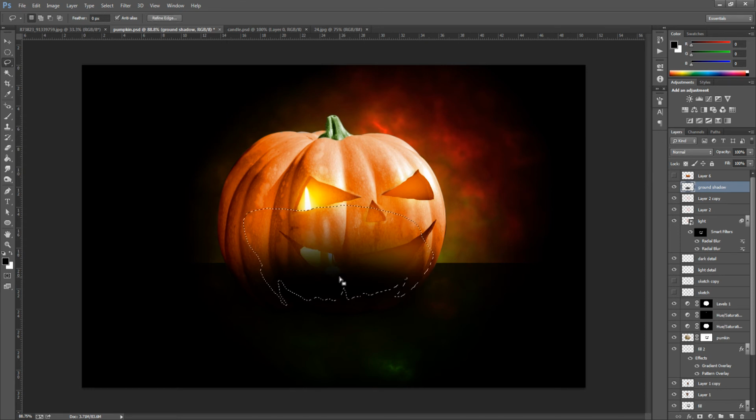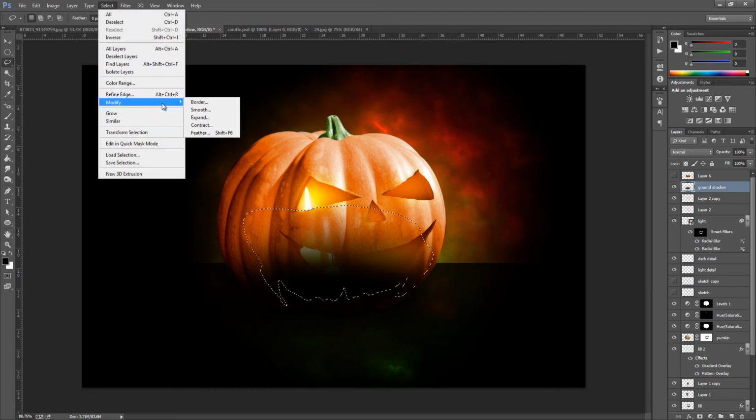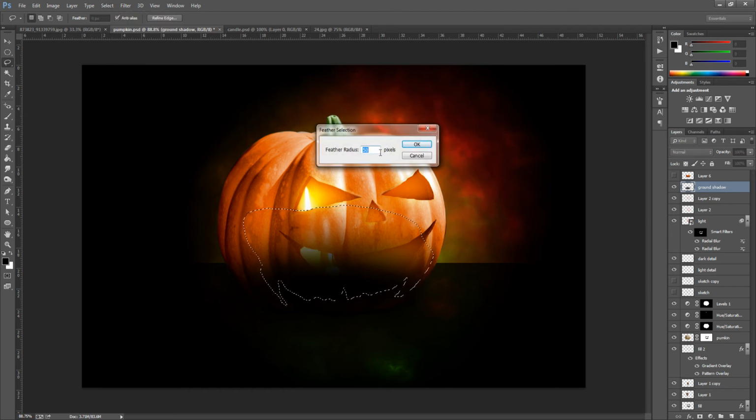So this is my selection that I have made using the lasso tool, and this is exactly what you want. So you can pause the video, as I said, check back and see if you can get a similar one. Now it doesn't matter if you are not totally the same, because it's never going to end up exactly the same as how we want it. So once we have got something like that, we're going to feather this to around about 20 pixels. So we're going to go up to Select, Modify, Feather, and type in 20 and then click OK.